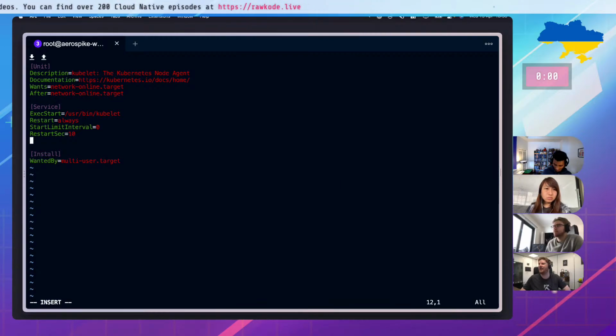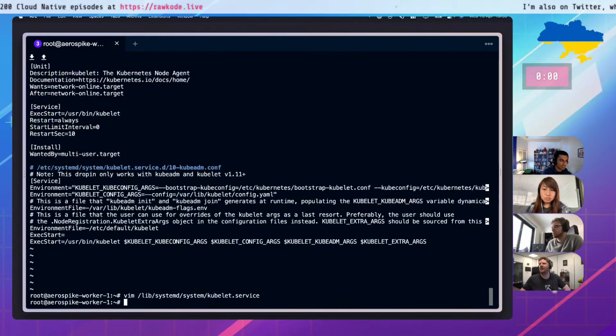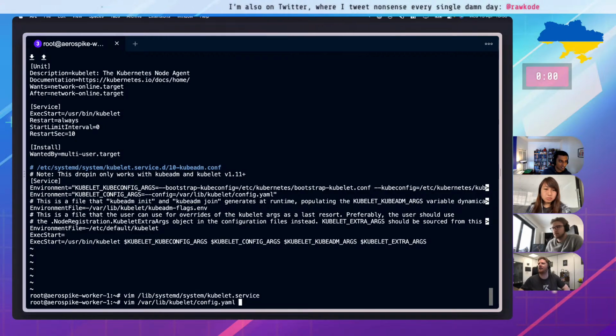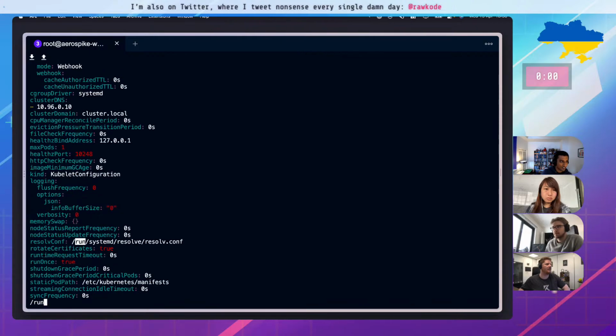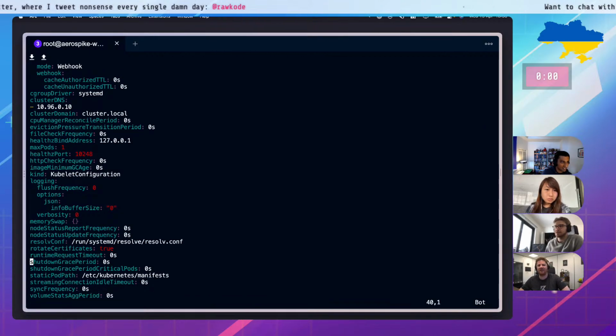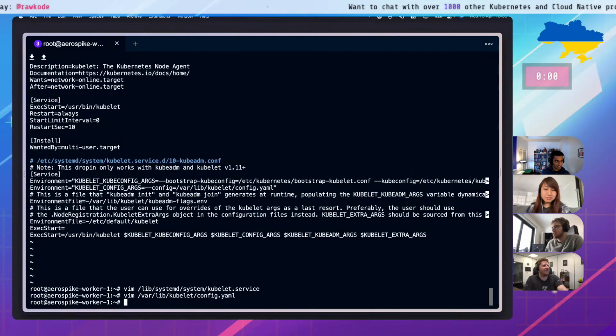I thought it was systemd config. I stand corrected. There it is. Run once. Today I learned. I wonder what the use case for that is. Someone go find that PR.